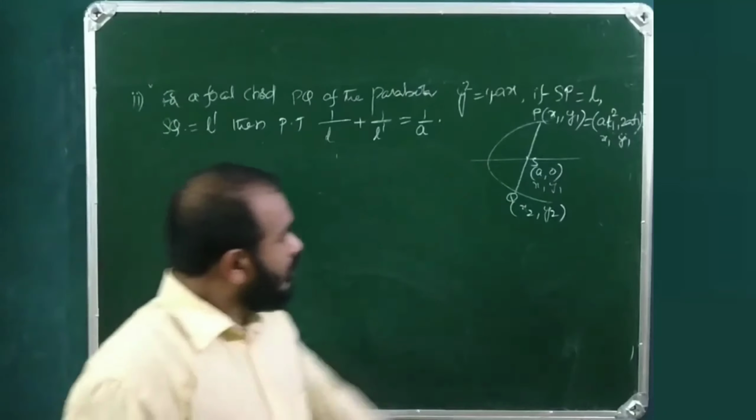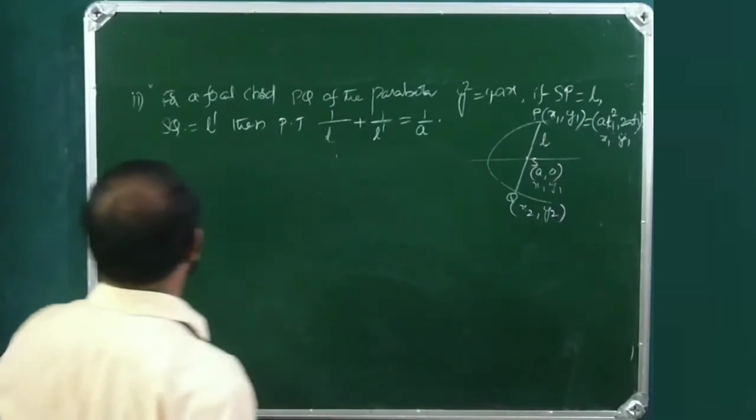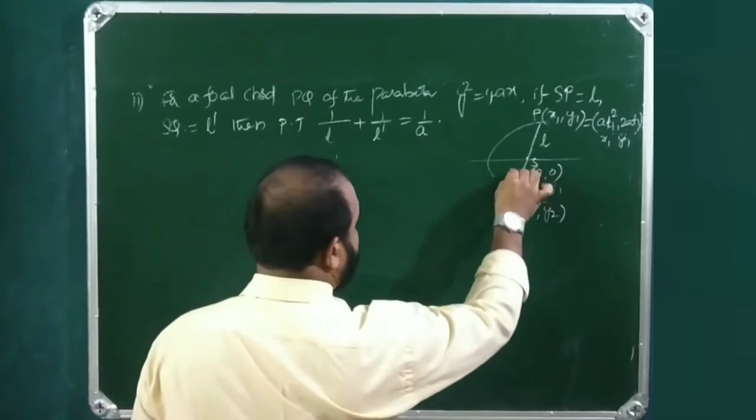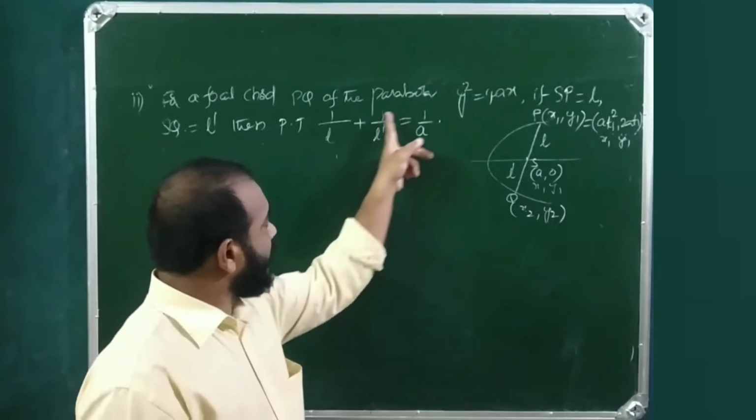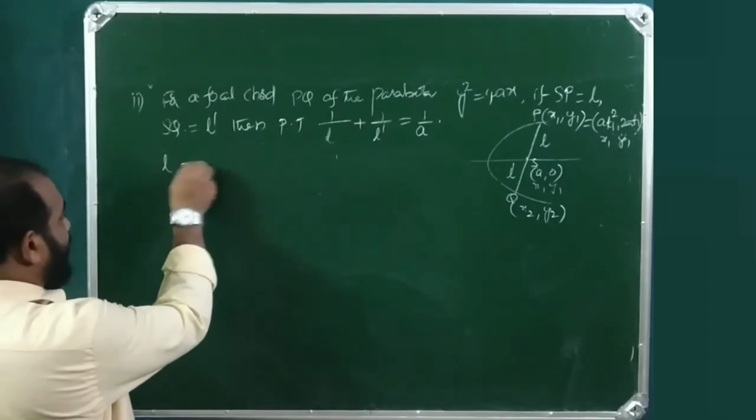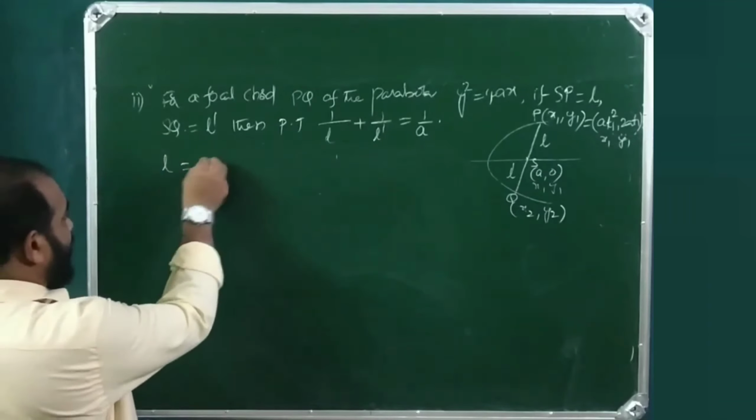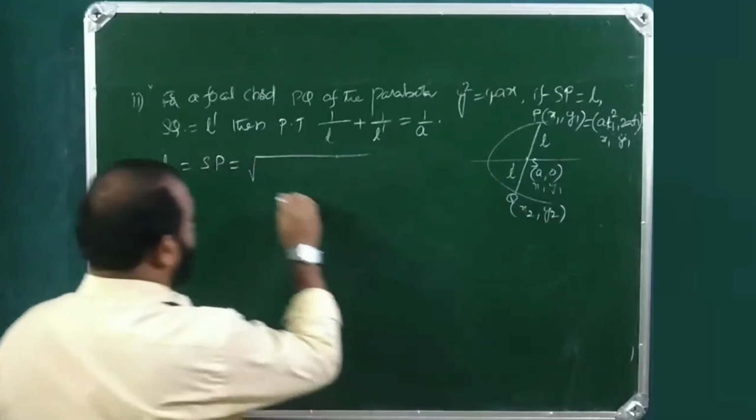So now SP is equal to L, and SQ is equal to L dash. Then we need to prove that 1 by L plus 1 by L dash equals 1 by a. So what is L? L is SP. That is square root of a t1 square minus a